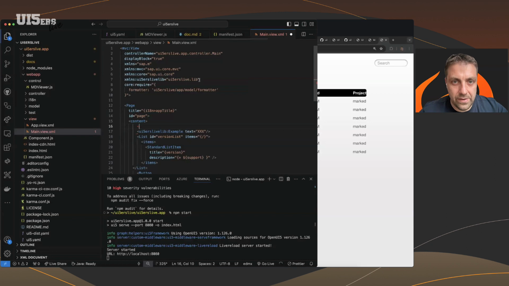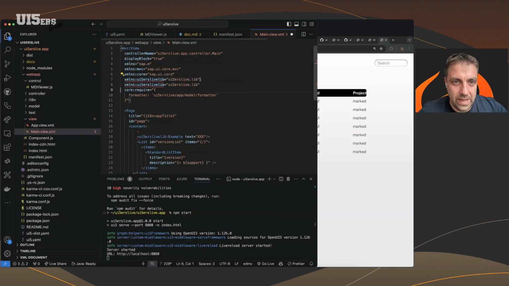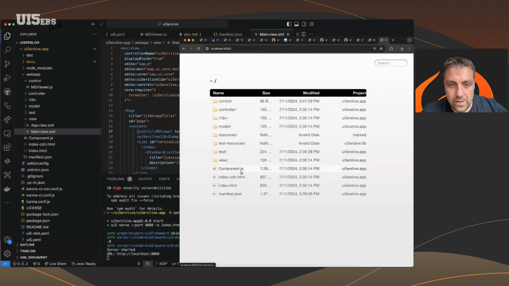So now we need to have a local namespace. Let's call it control. And we have the UI5ers live app.control. This is the namespace. And now I can say control MD viewer. And this MD viewer has a property. The property is text. And here in the text, I can also write it now manually, hello XXX, and save it. So while doing that and opening that now in the page,